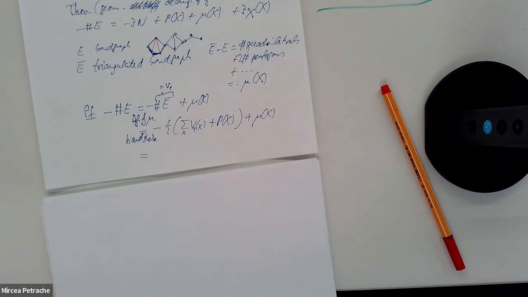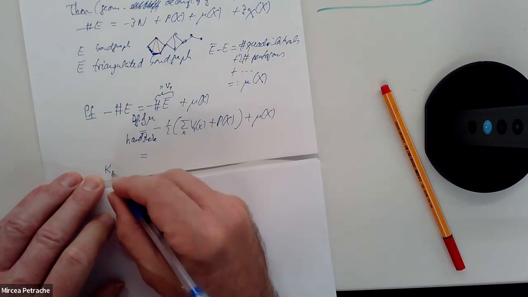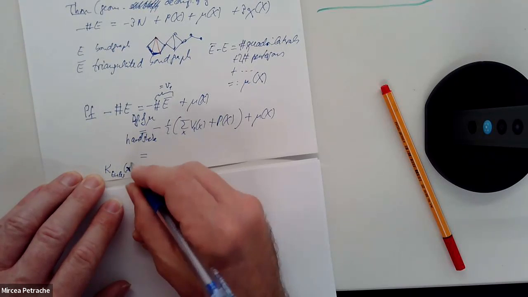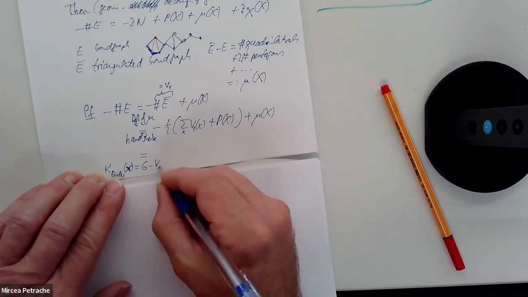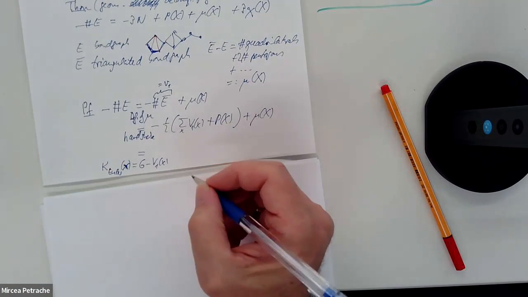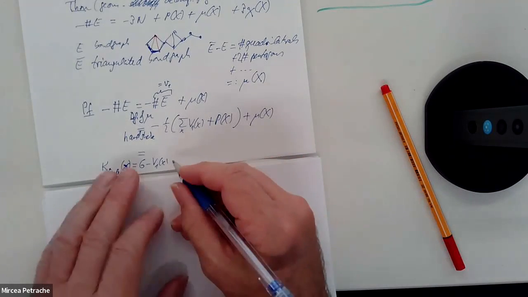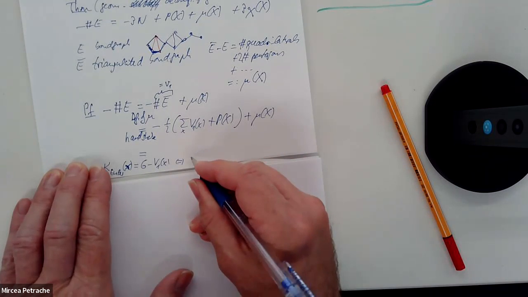It was basically 6 minus v1 of x. Okay, so it's 6 minus v1 of x. So if we solve for v1 of x,